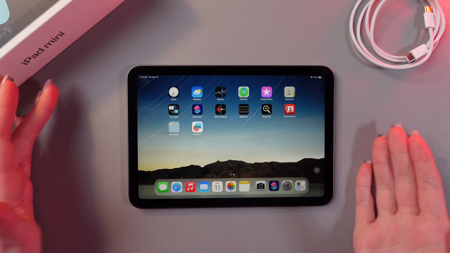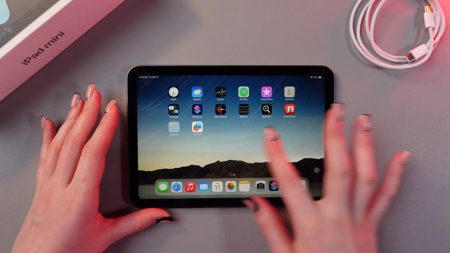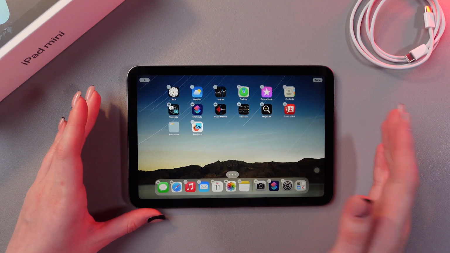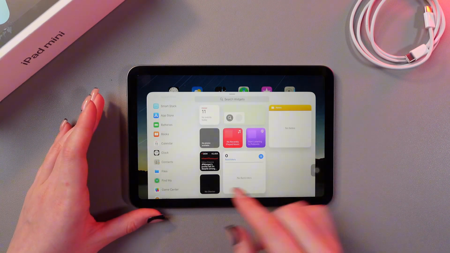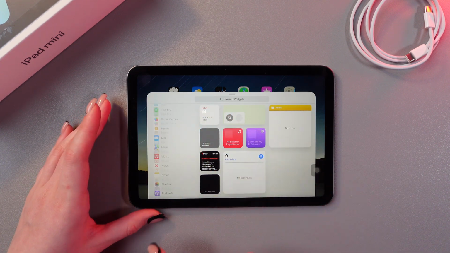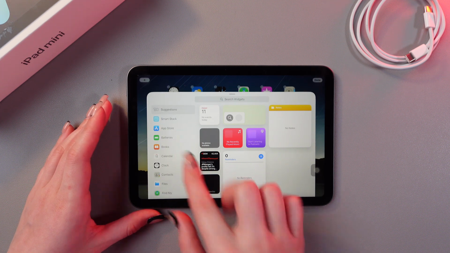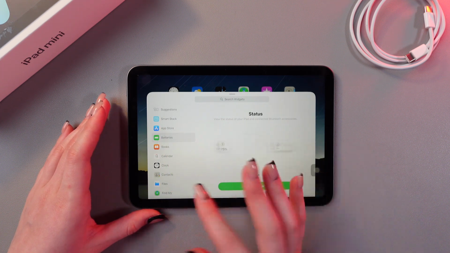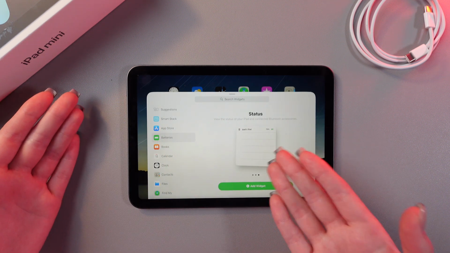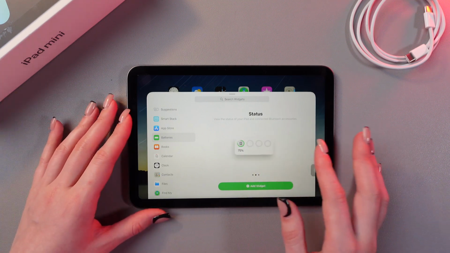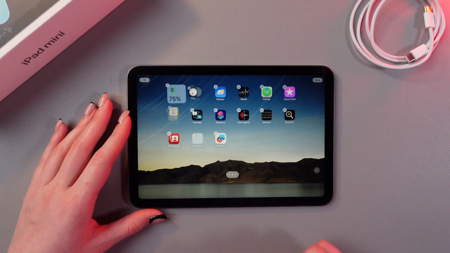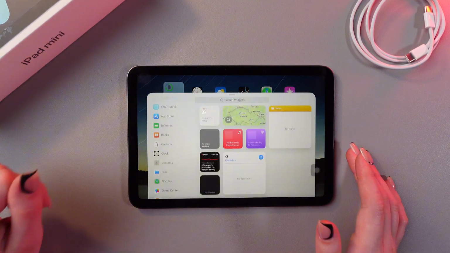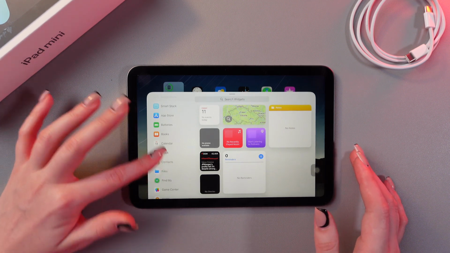So now we can add some useful widgets. For this I'm gonna press and hold any free space on the screen, then tap on the plus and here choose any widget from the list. I would like to add the batteries widget, so I'm gonna select this one, and here we have three options of this appearance. I'm gonna select the first one, then add this widget, and now let's add another one, for example